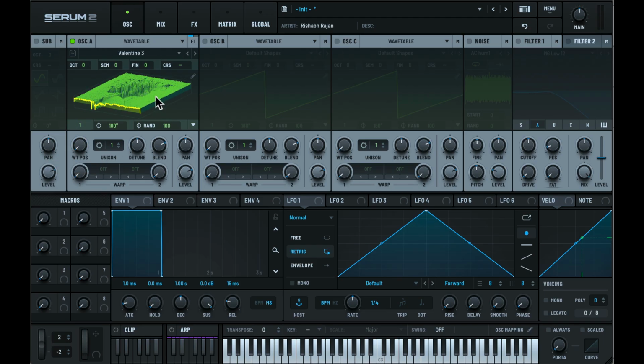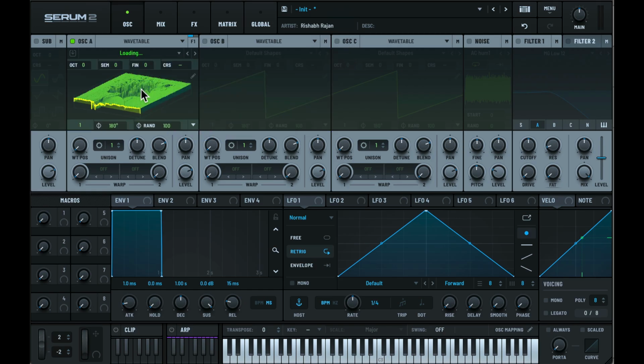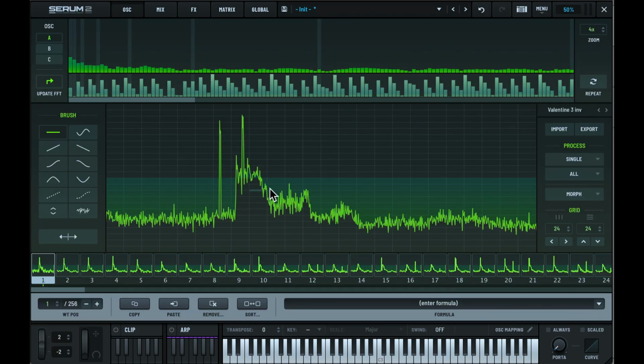Yeah, so with images, you get some really harsh, bright harmonics. Let's compare it with the inverted version. Now you can see all the dark parts are much lower, and then just the lady, it's a bit hard to see the actual shape of her, but this part here is brighter, so it's louder, or it's on the more positive end as opposed to the negative end. So anyway, this could be a fun way to create new wavetables, especially harsh, bright, really, really rich